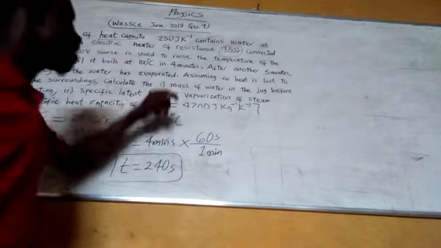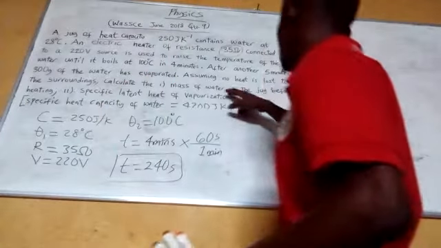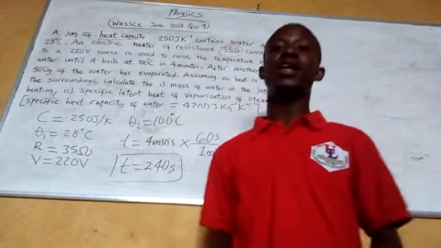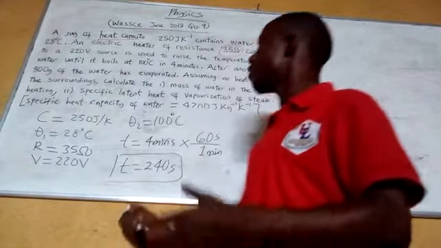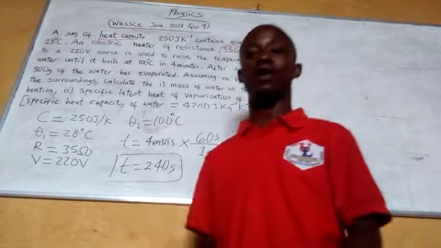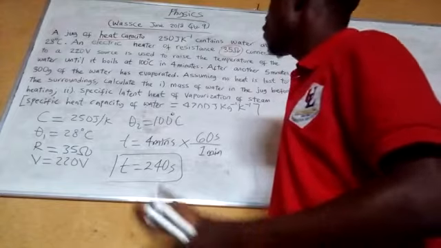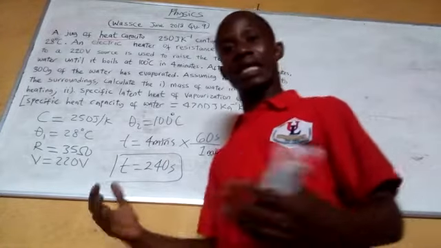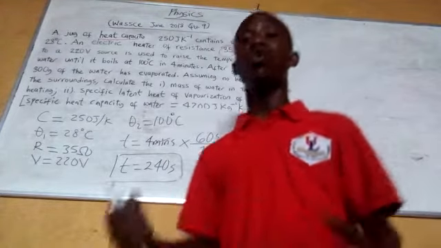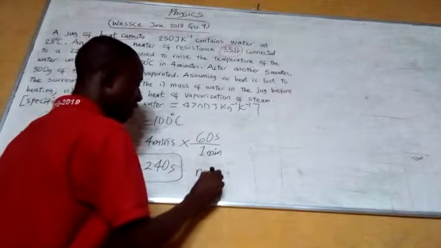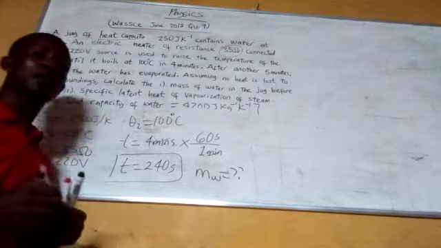So 1R tells us that we should find the mass of water in the jar before heating. So we want to know the initial mass of the water in the jar at the time evaporation did not take place or did not occur. The problem only tells us that 300 grams of water were evaporated after 5 minutes. But we don't know the initial mass of water that was in the jar before heating. So here we are asked to find the initial mass. So M now is equal to the mass of the water, question mark.